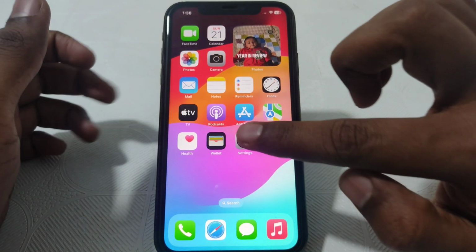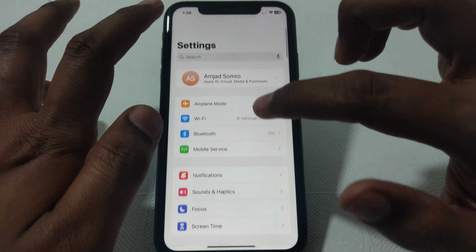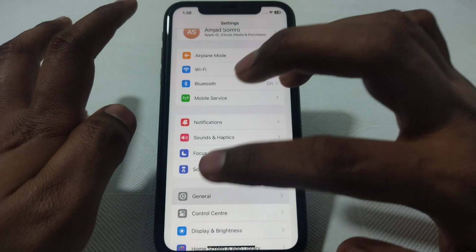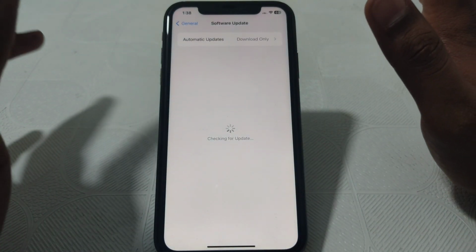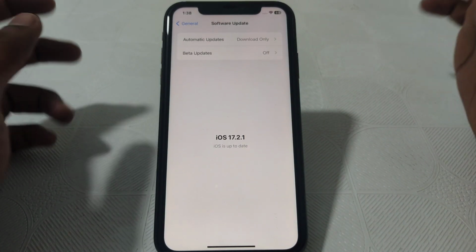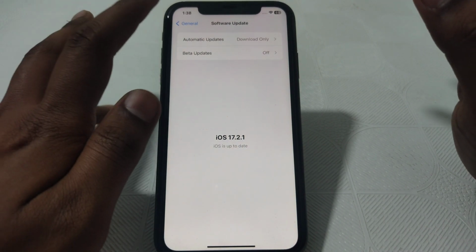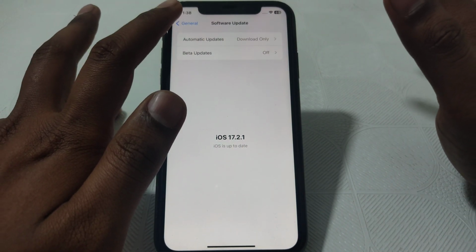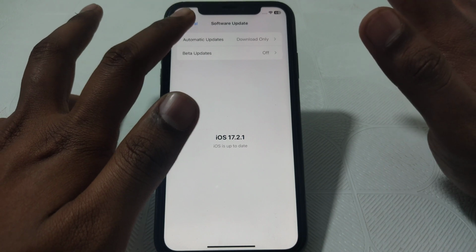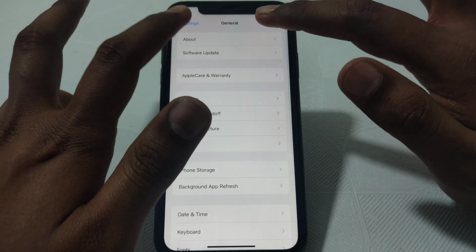And the next thing you have to do, you have to simply click on settings, and after that you have to click on general, and here you have to click on software update, and here you have to check whether your iOS has the latest version. And if it is the latest version and you are still facing the problem, then what you have to do,